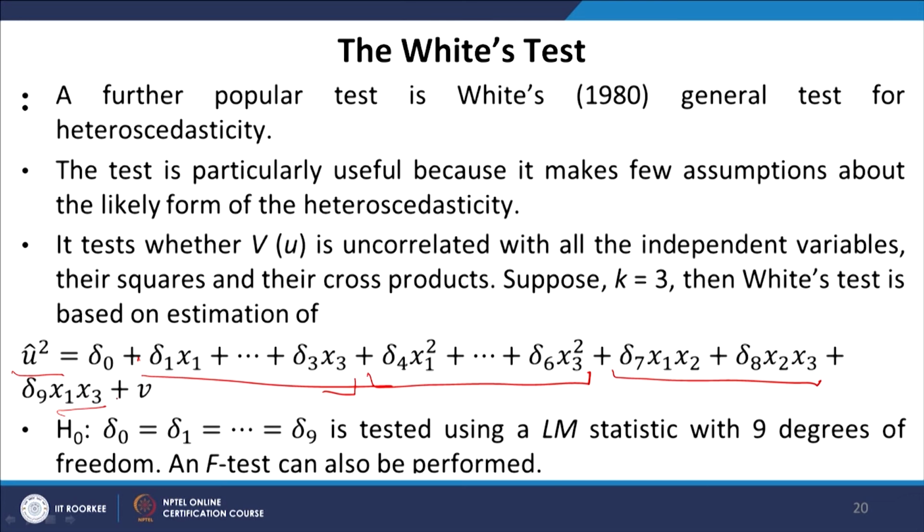We can also add a term like delta 10, which is the multiplication of x1, x2 and x3, all 3 multiplied together. And then we go for the null hypothesis, which is that delta 1 to delta 9 are all equal to 0, tested using an LM statistic with 9 degrees of freedom,